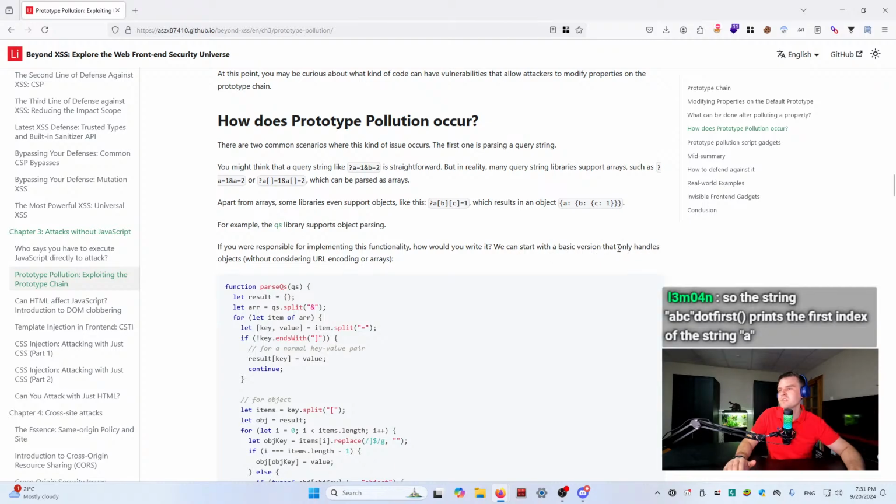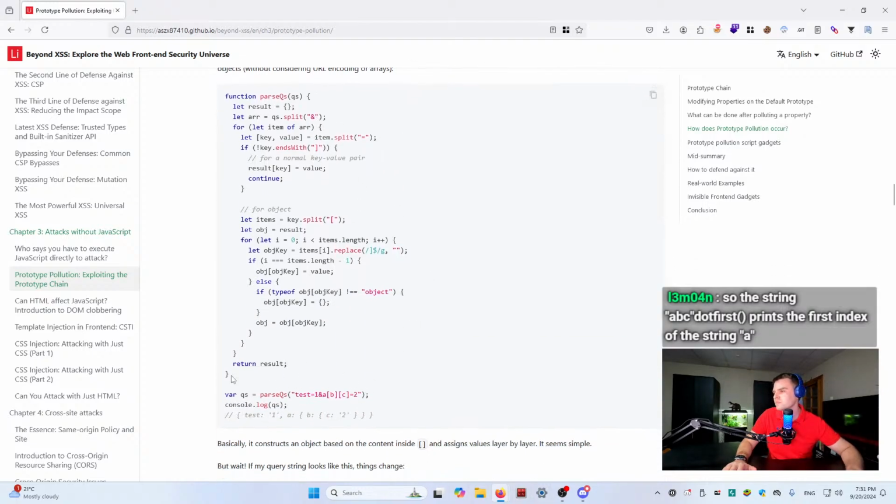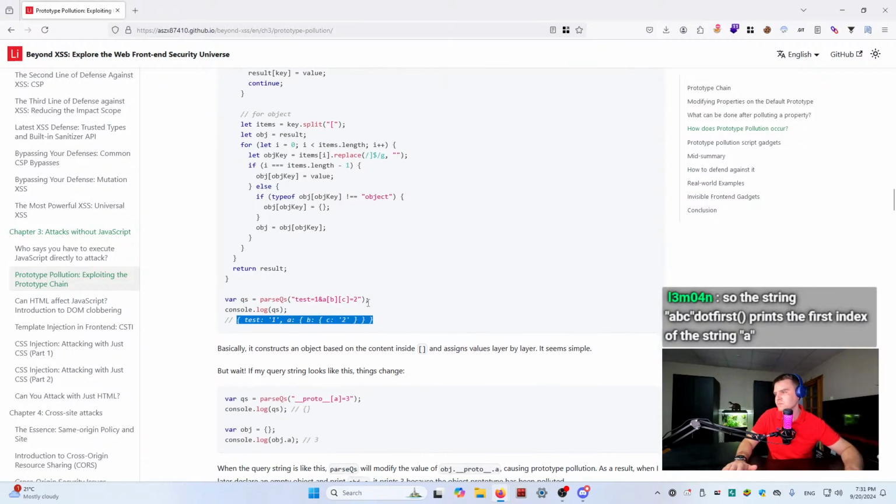We can start with a basic version that only handles objects without considering URL encoding or arrays. This is the main function, and imagine this is coming from the URL. It will parse this and save it to a variable, and that variable will become the JavaScript object from this one. So basically it constructs an object based on the content inside and assigns values layer by layer. It seems simple, but wait, if my query string looks like this,